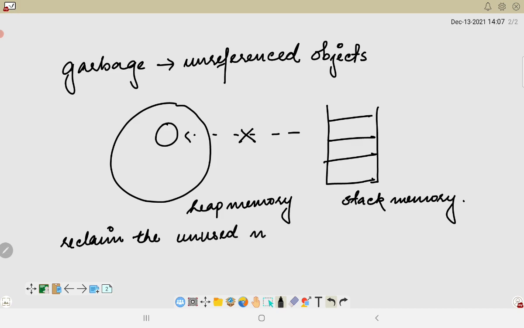That unused memory can be reclaimed whenever we are using garbage collection. In other words, it is a way to destroy this unused object.